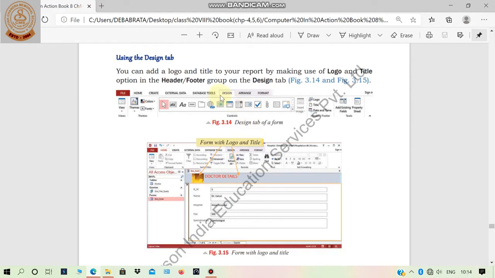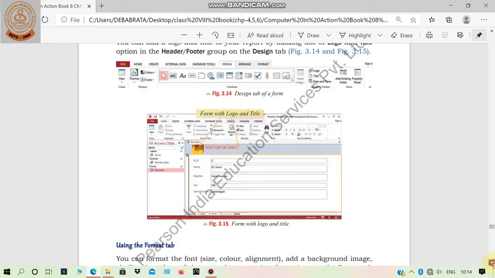When you click on the design tab, you can add the logo and title of the form. Logo means any short icon type image on the form, and the title of the form you can set with the help of the design tab.